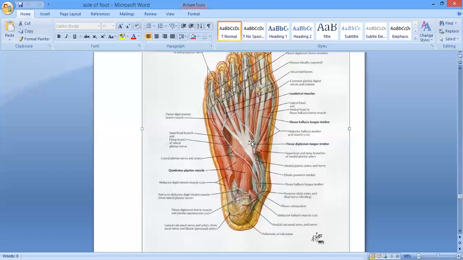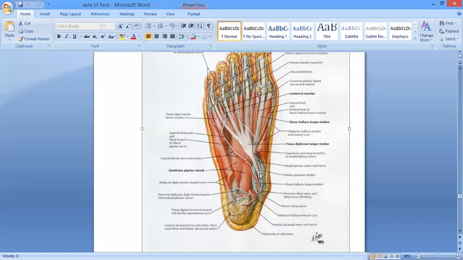So the tendon of the flexor digitorum longus. Can anybody tell me जी कि what is the origin of the flexor digitorum longus जी? Can anybody tell me the origin of the tendon of flexor digitorum longus? Below the soleal line. ठीक है. From the posterior upper surface of tibia. So the upper 2/3 of the medial part of the posterior surface of the tibia below the soleal line. ठीक है? So it comes from the upper 2/3 of the medial part of the posterior surface of the tibia. ठीक है? Below the soleal line.